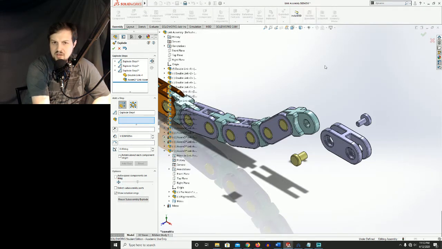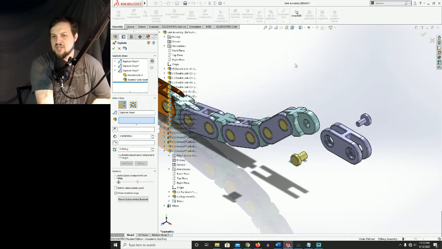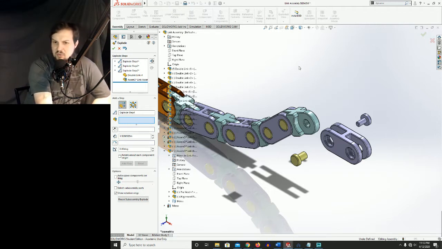Alright, so here we are at our second step. So the next step that we want to do is we want to move the two pins out. There's one pin here, and there's another pin on the other side. However,